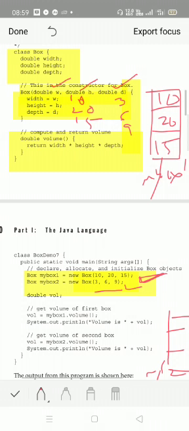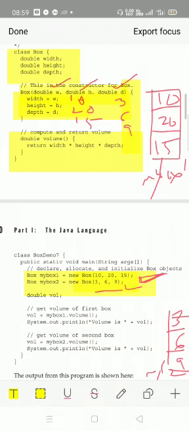So I will update that over here in this memory allocation, say 3, 6 and 9 with respect to mybox2.